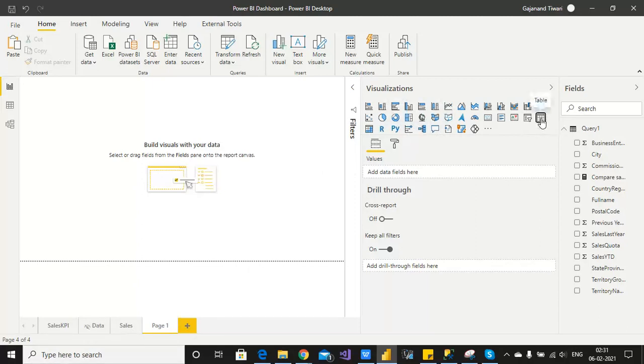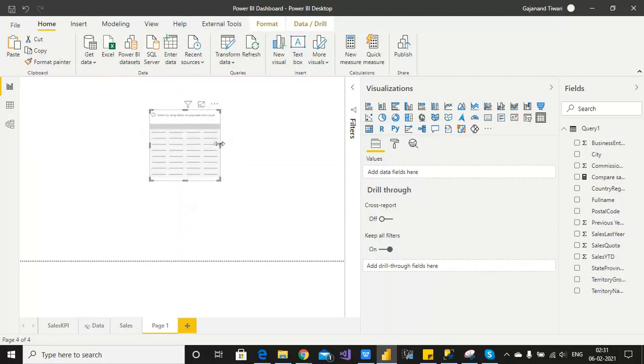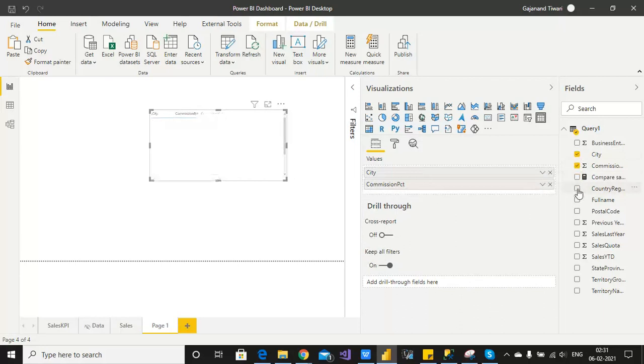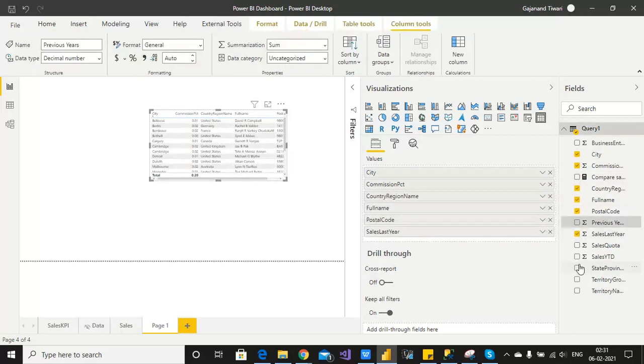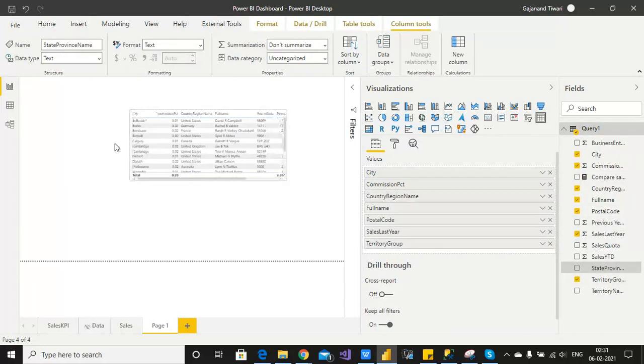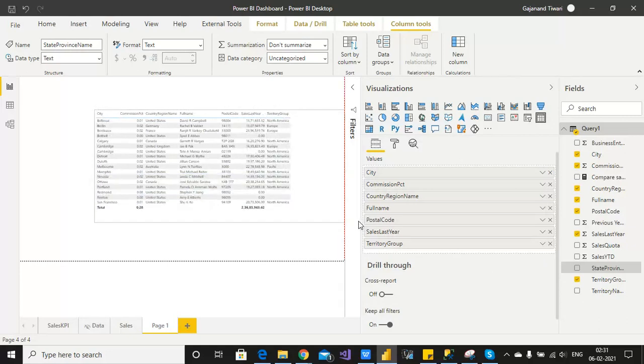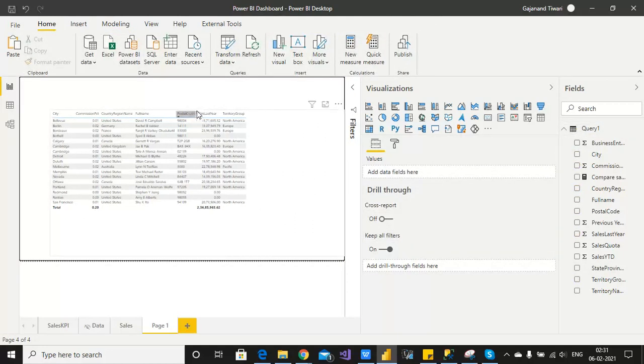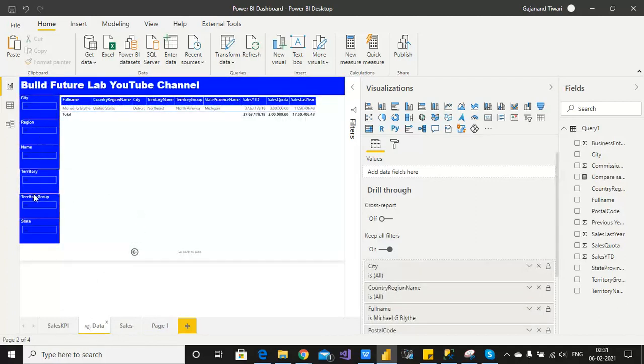So this is the table, and you can select all the respective columns. So whatever you want, city, all measures, whatever columns. You can select all columns, expand it. Same thing which I did in the previous video, previous step. Same you can do too. And after that, you can just use the same formatting which I already did, by copy and paste, where I did vertically now you can do horizontally, nothing else you have to do.